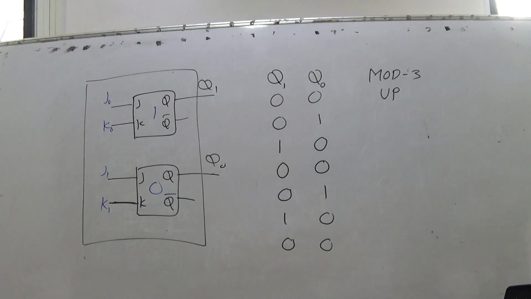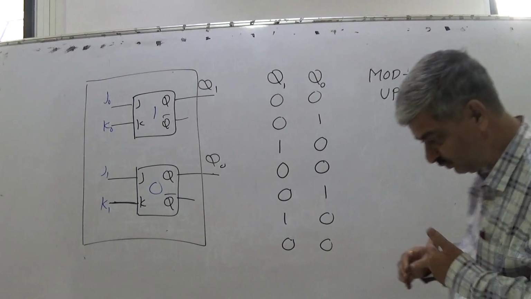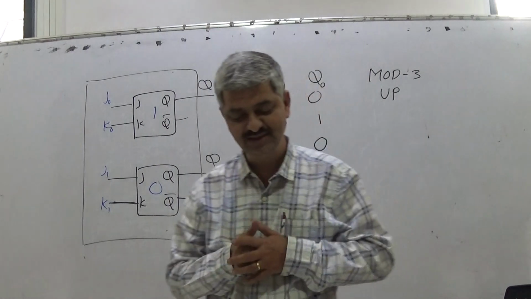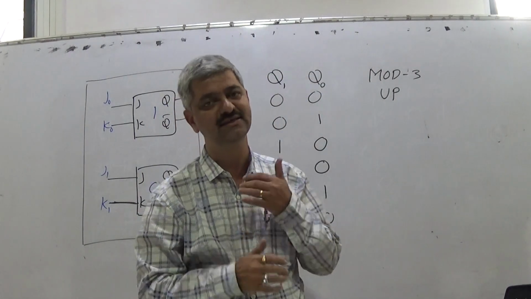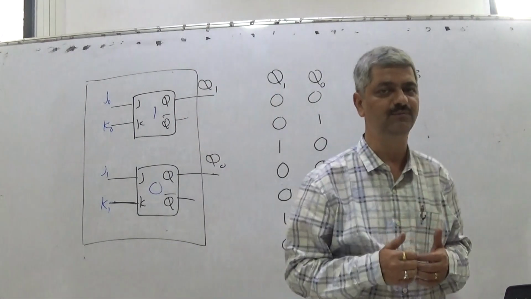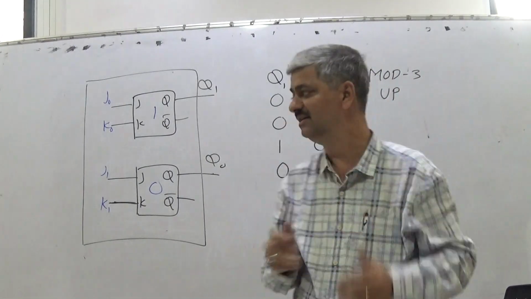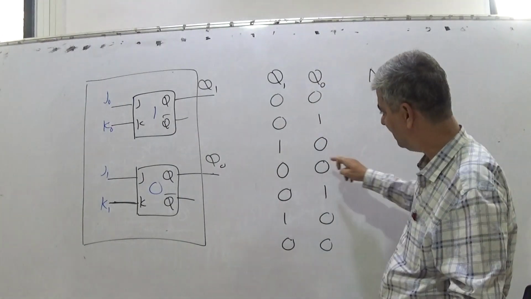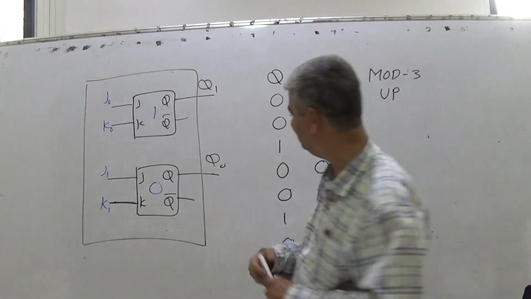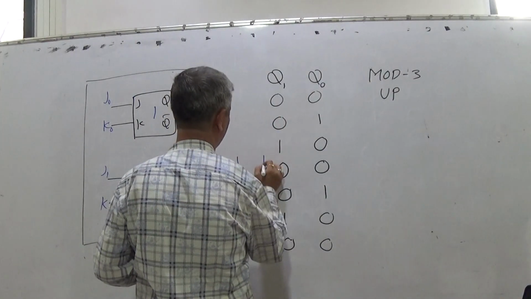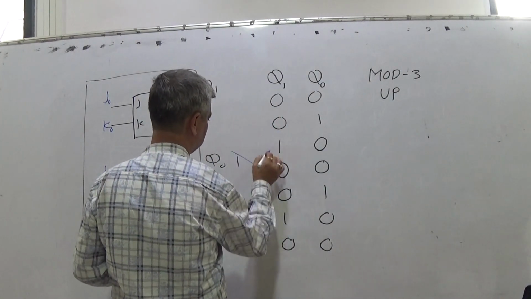So now we continue with the discussion which we initiated in the last lecture, that now we are designing a counter which should count from 0, that is 0, 1 and 2, and this 1, 1 which was there in a normal binary counter sequence is to be skipped.